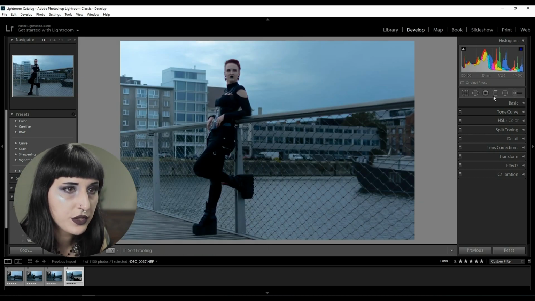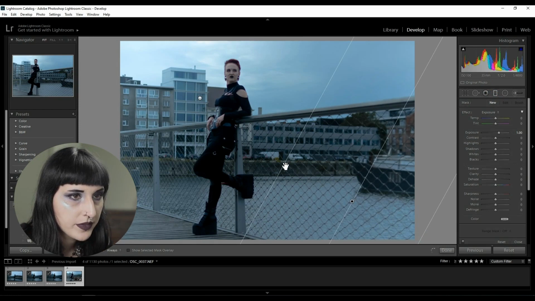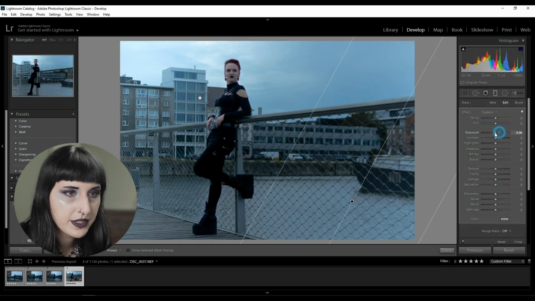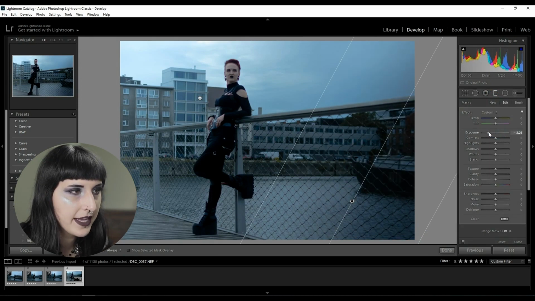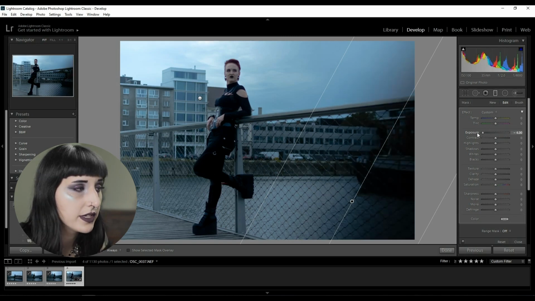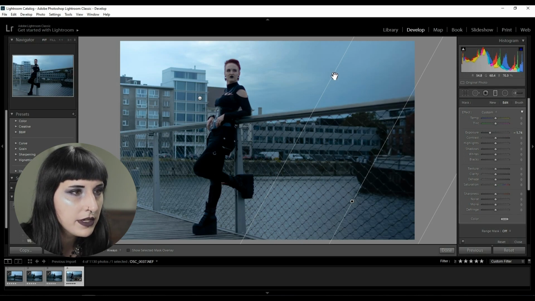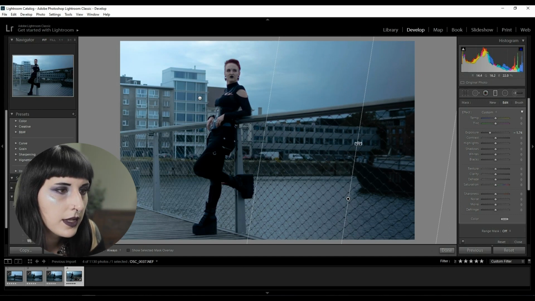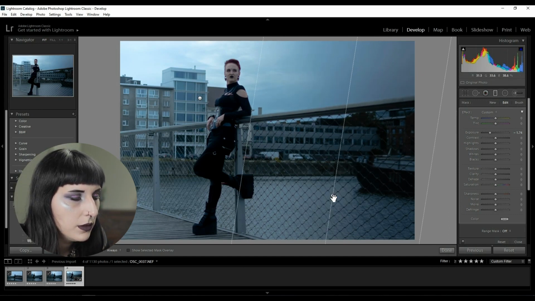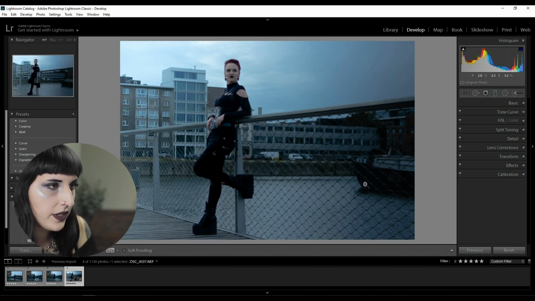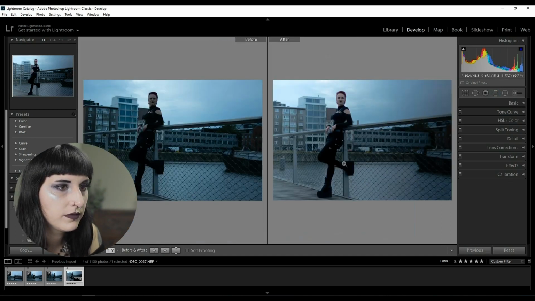Then what I also like to do is darken the other side. So we're going to go to the same filter, but instead of going up in the exposure, I'm going down in the exposure. Now, if you do this too drastically, you can actually make it black, but that's not what I want. I just want to reduce it a tiny bit, and you can actually drag it around and change the way it's going. I think I'm actually going to be doing it like this, and move it just a little bit more, so that we get this nice transition from bright to dark in the picture